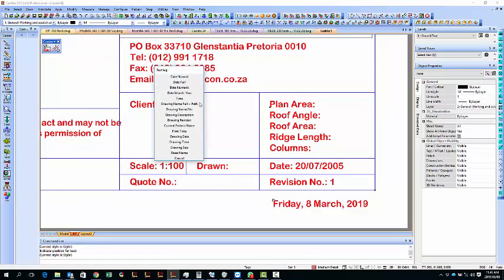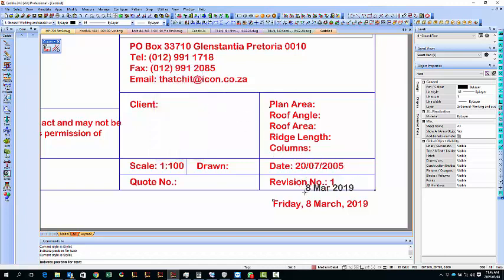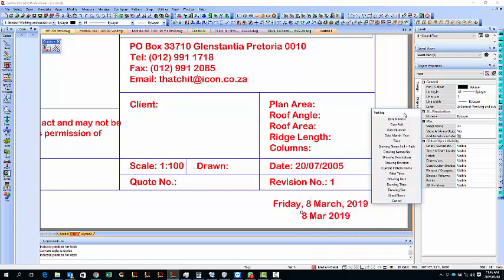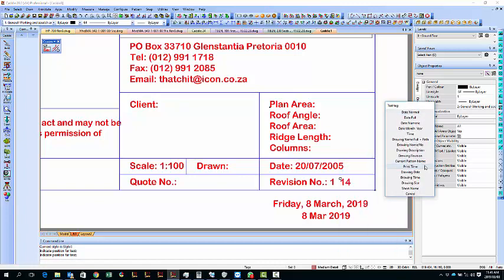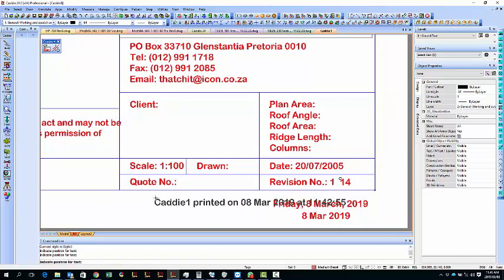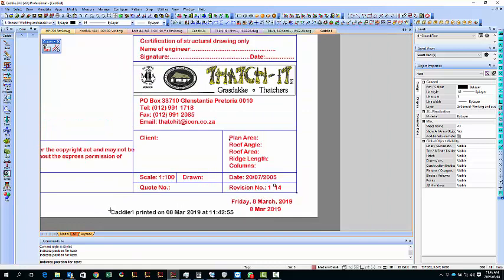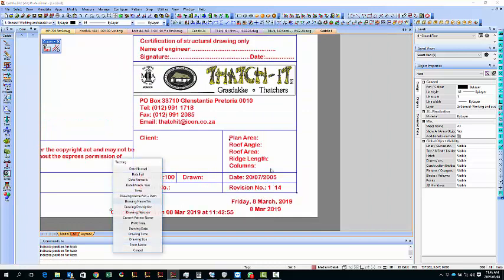So let's work again. Date normal. Here's your normal date. Also, you can put your drawing version. It updates that automatically. Your choice. You can actually put your print time, so it will actually show you the whole drawing at the bottom. And then there's time, drawing numbers. This is what I'm looking for. So as soon as I save this drawing,